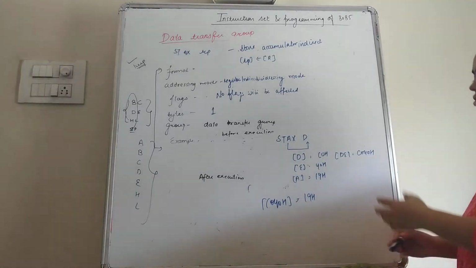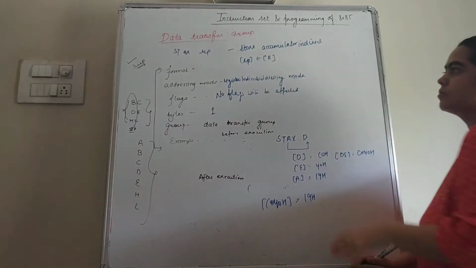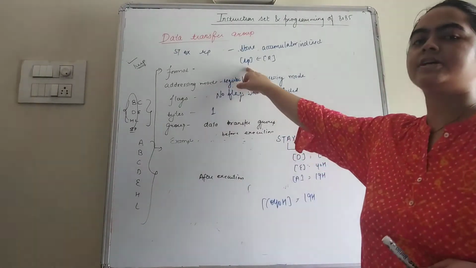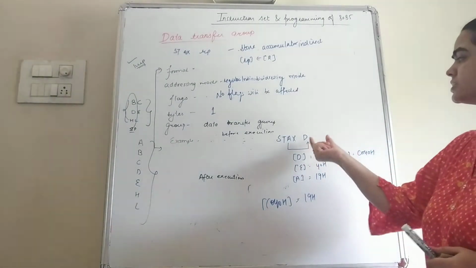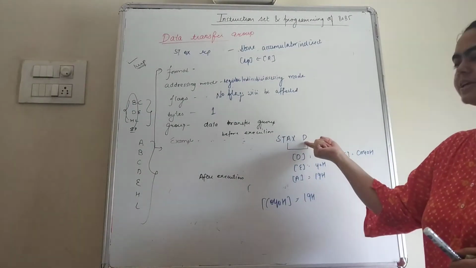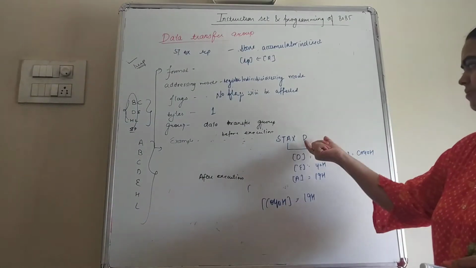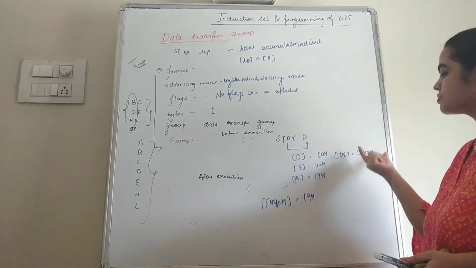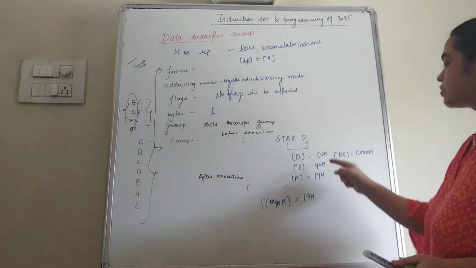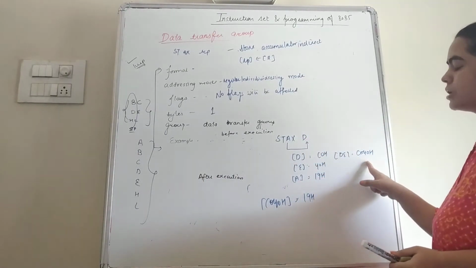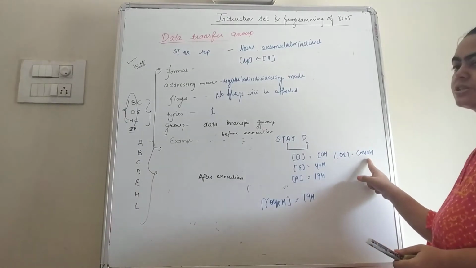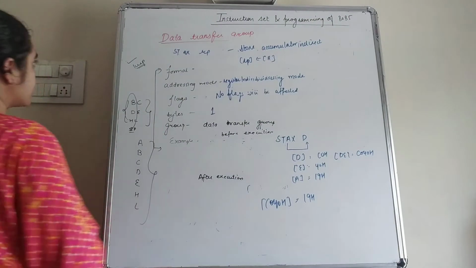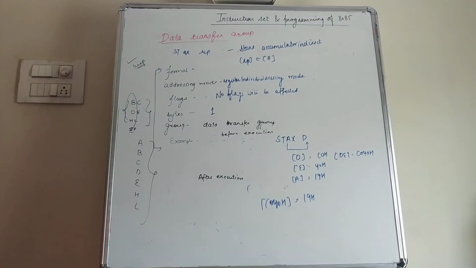This instruction means the contents of the accumulator will be stored into the memory location that is pointed to by the register pair. Here the register pair is DE because D is written in the instruction. D is always paired with the E register. So the DE register has address C040. The contents of the accumulator are 19H. After the execution of this instruction, 19H will be moved into the memory location C040H.